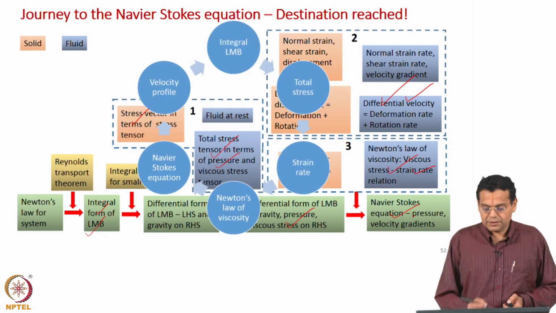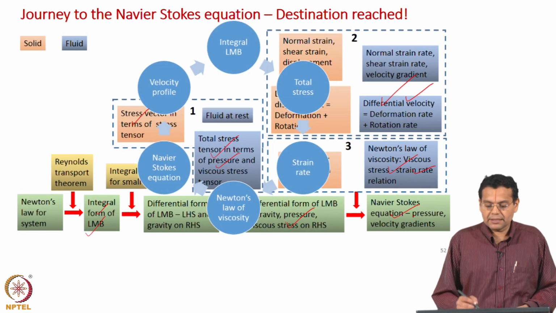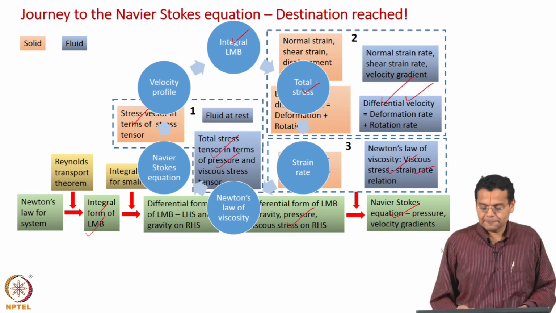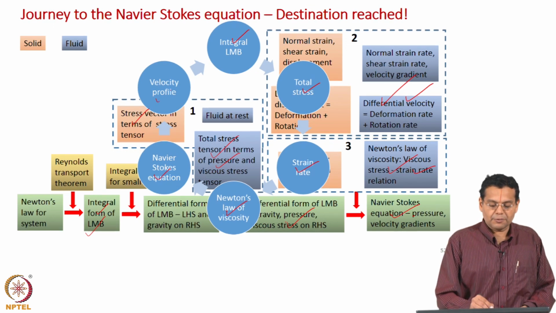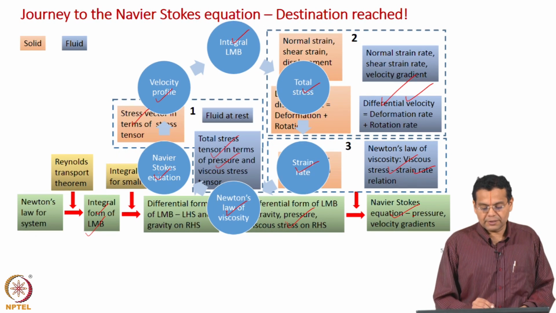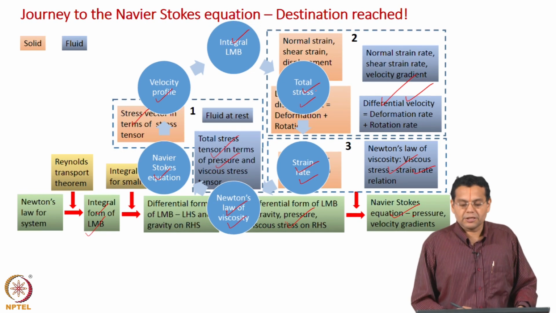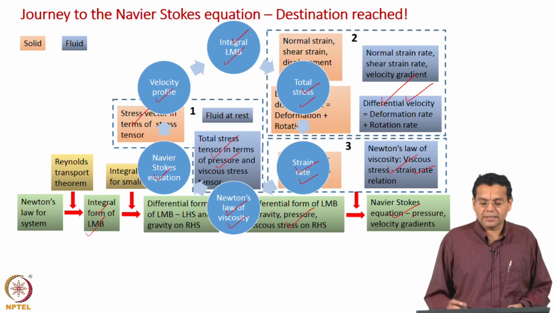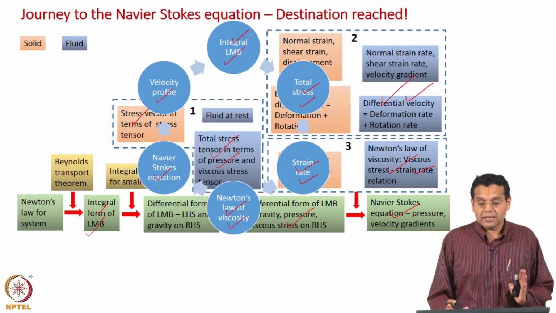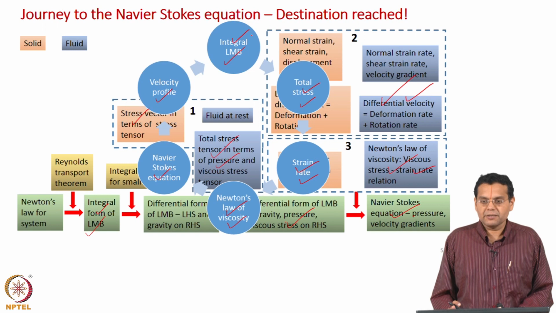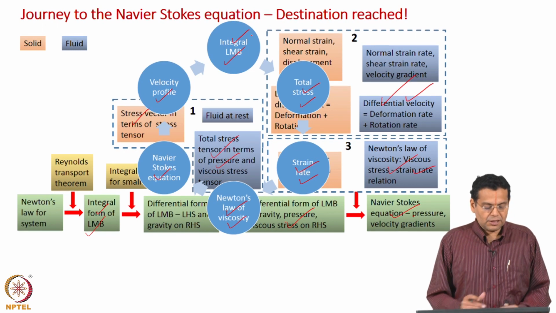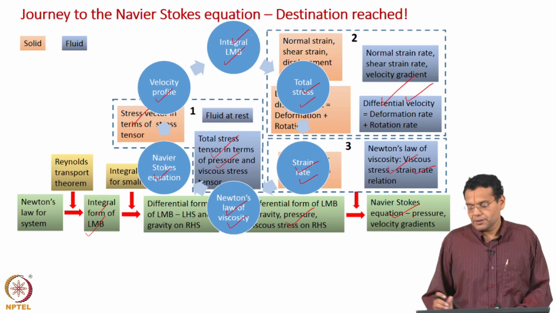Okay. Of course, once again shown in the form of a cycle, the integral balance, total stress, then strain rate, Newton's law of viscosity, Navier-Stokes, velocity profile. Once the velocity profile is known from the Navier-Stokes, you can find out strain rate, use Newton's law of viscosity, find total stress, stress vector, and then the shear force, which can also be found out from the integral linear momentum balance. So, this example is a very comprehensive example, almost covering right from our beginning of the derivation, from almost let us say Newton's second law of motion till the Navier-Stokes.